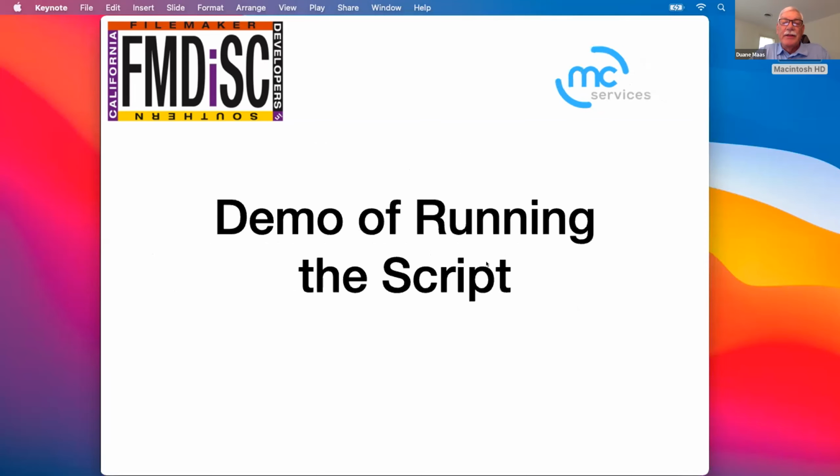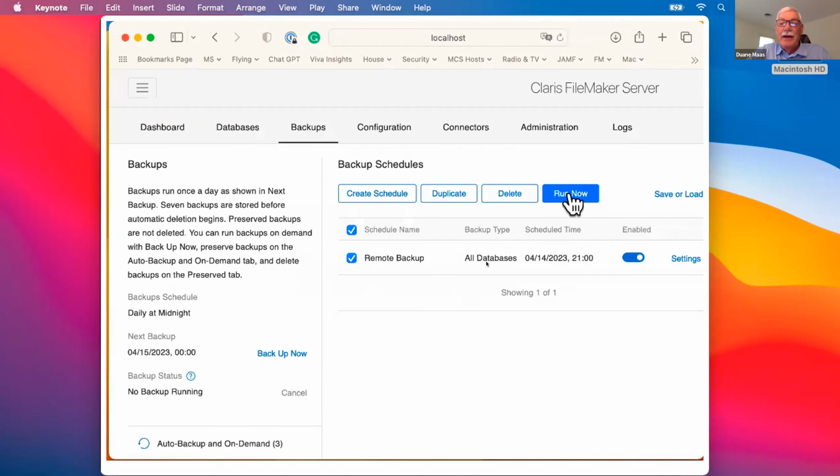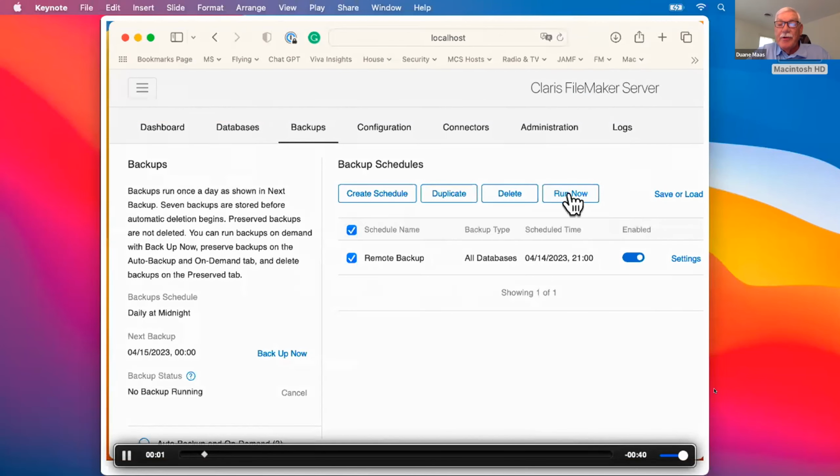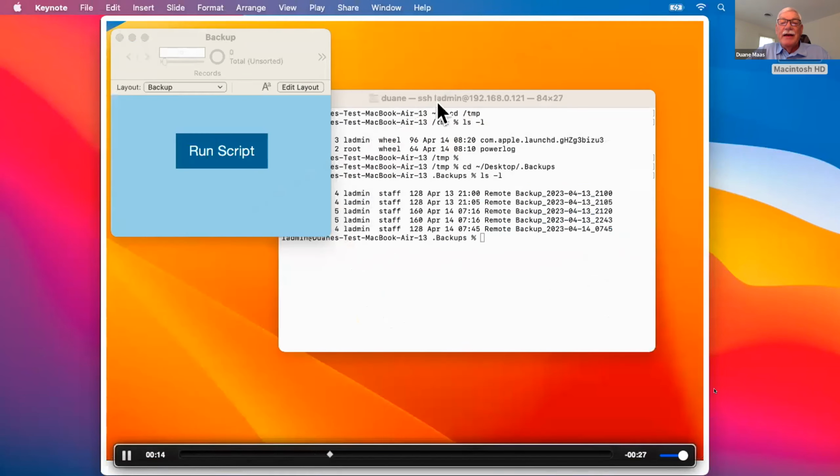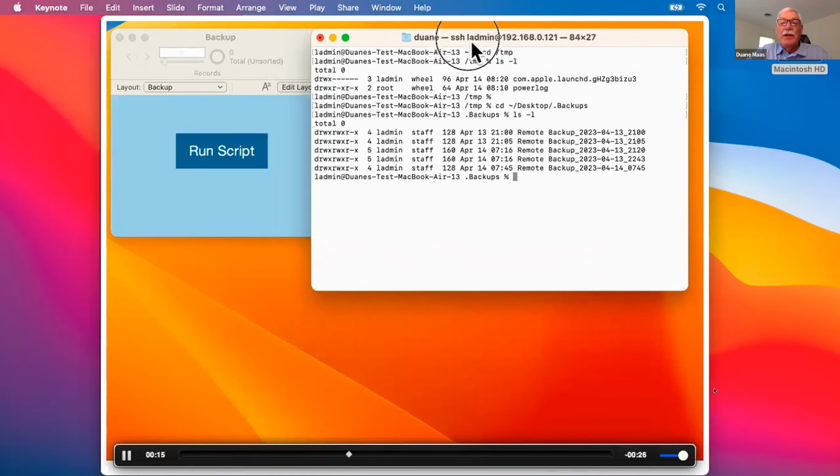So if we look at this running from beginning to end, I'm going to run the script here on the server. So it's backing up the databases there. And after the databases are backed up, and obviously you could do this nightly or something like that, I just have, if you look at this,